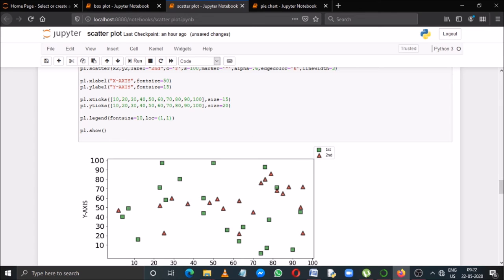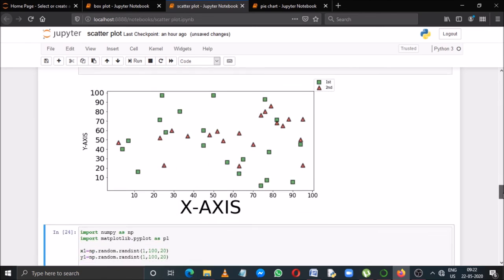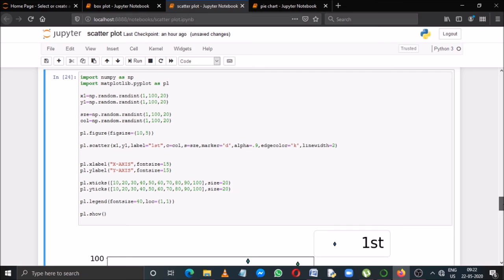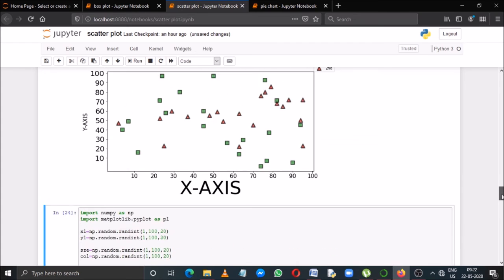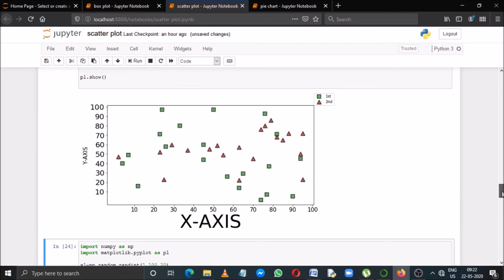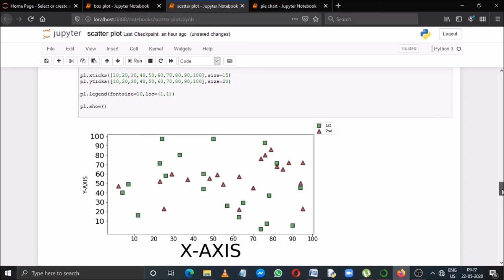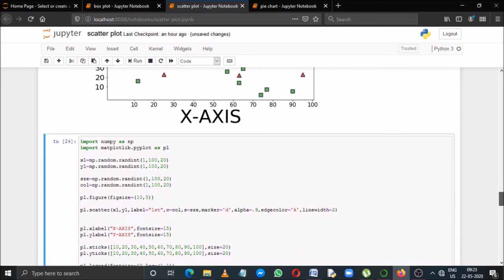So I believe all of you can understand this. Now I'll come to the next one. In my next example, just see here, in this current program, I have changed the points randomly, but their styles, that means their color or the marker types, are fixed. Now suppose I want to change this also randomly. How to do that?